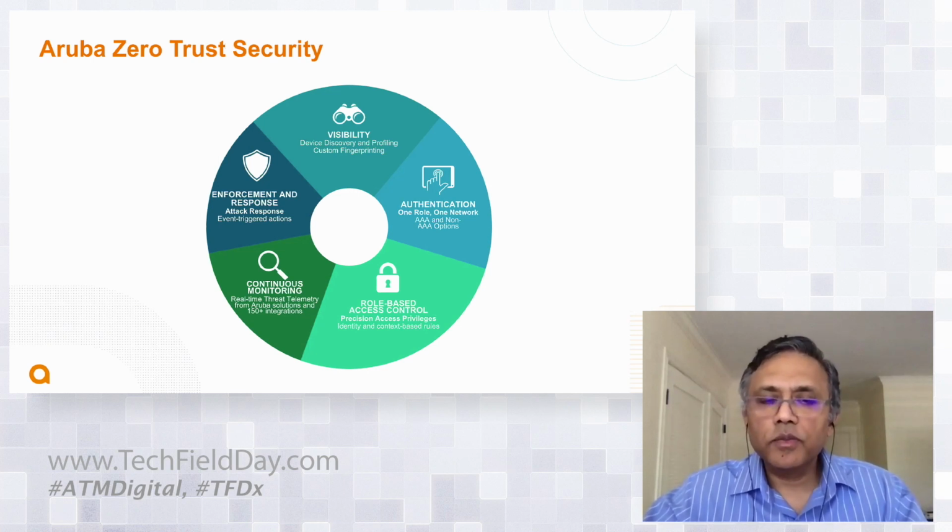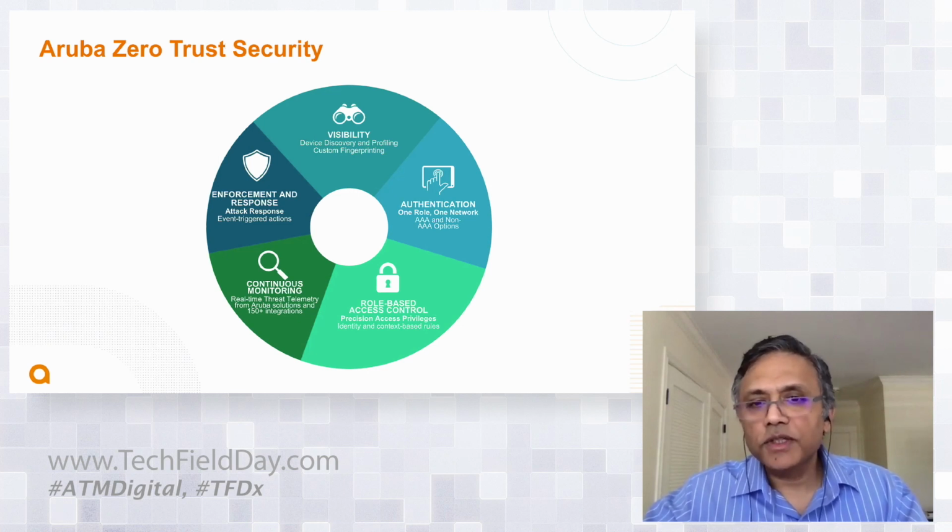So we start with discovering devices on your network, profiling them, and establishing a clear personality for these devices, because you really want to tell the difference between Windows running in a security camera versus Windows running in a thermostat, right? So you really want to know the true nature of these devices. And once you establish that, you want to authenticate both those devices and the users